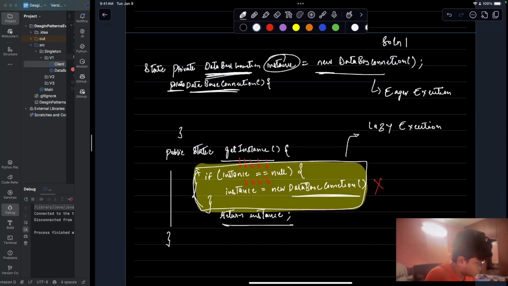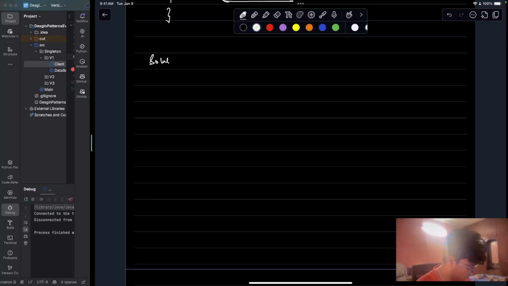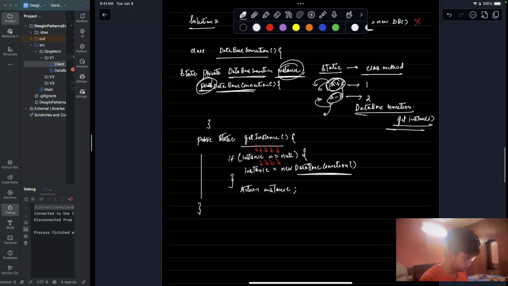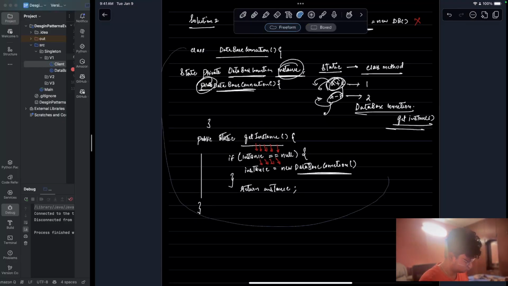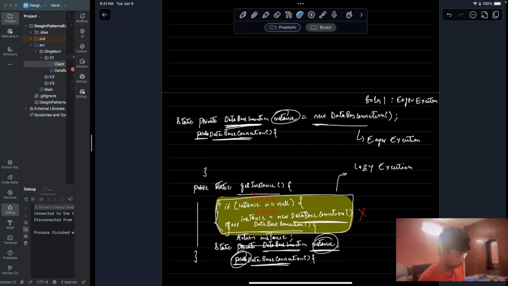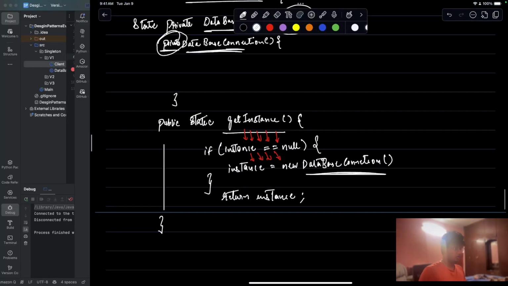So optimized solution one is eager execution. What is solution two? Okay, in solution two, what am I gonna do? I will set a lock. I would suggest you to read what is a synchronized